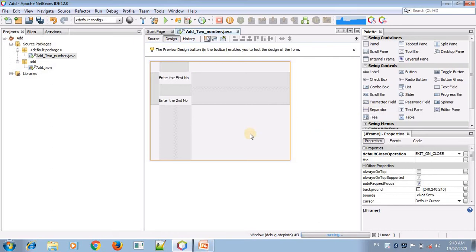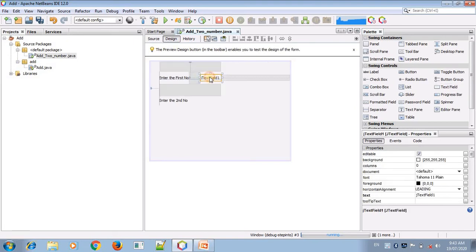Now we have to input values, so we need text boxes. This is called a text field in the Swing controls, and we take three text fields. Just click here and you can resize.